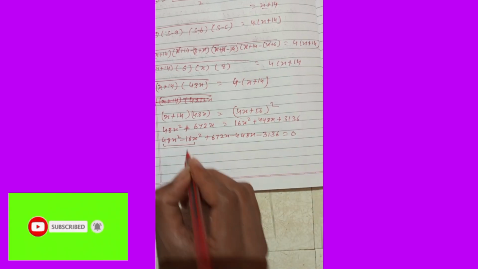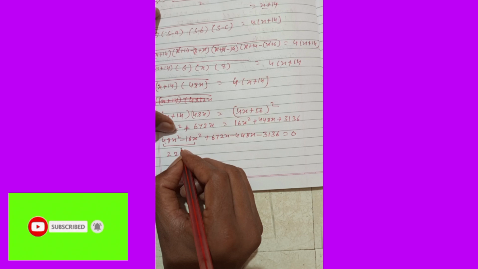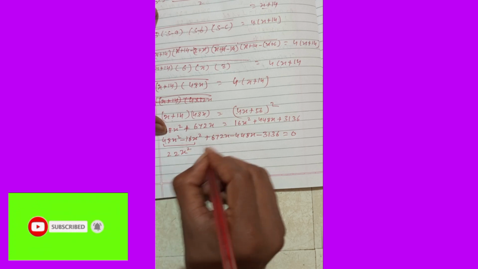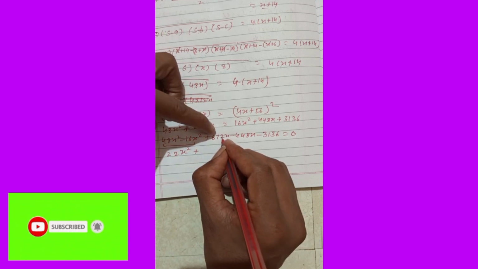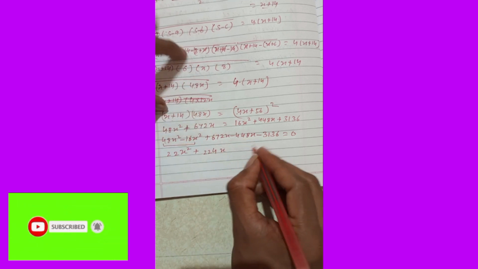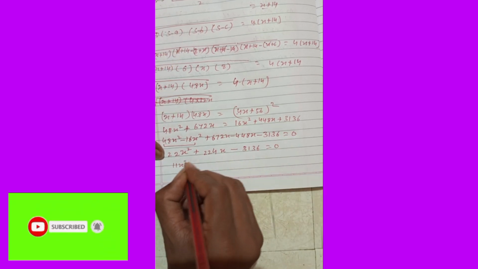Now we are doing this: what we got is 48 minus 16, so we got 32x square. Then plus, in that, 672 minus 448 is equal to 224x, minus this one, 3136 is equal to 0. We can divide by the 2. It will become 11x square plus